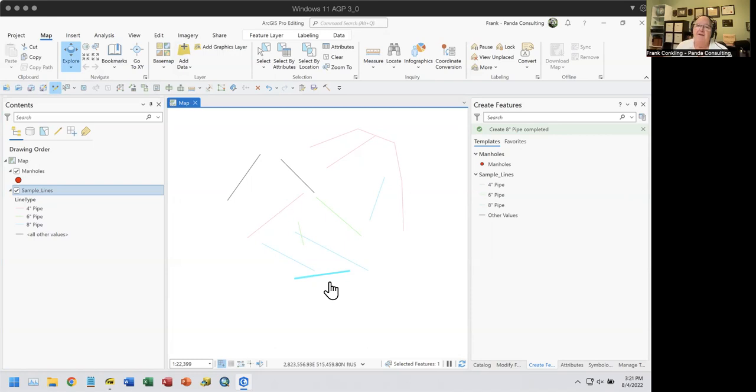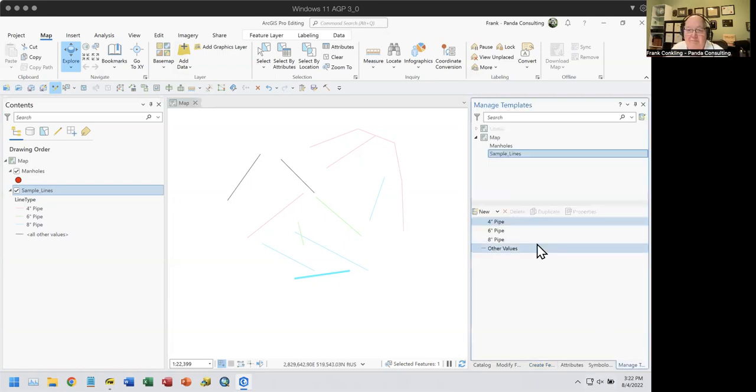All right, I think we've covered feature templates pretty extensively now, and I think that will help you. But that's not the full power of a feature template. That's sort of the simplistic way we've got. We now have new capabilities on here. And if we go to our managed templates, we can see that we also can create other types of templates. All right, in which I can go and create a new template